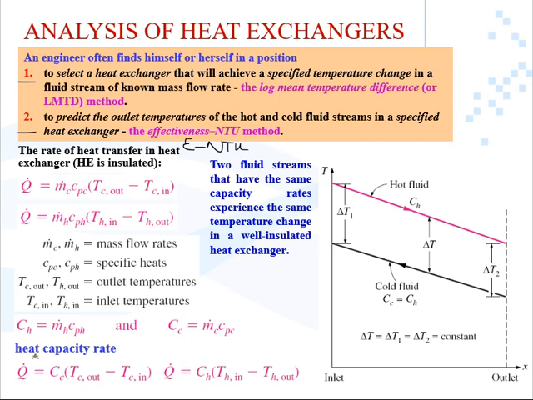But the assumptions that I talked about earlier: first is steady state, an acceptable engineering assumption when we are dealing with a heat exchanger. The second one is constant mass flow rates. The third one,